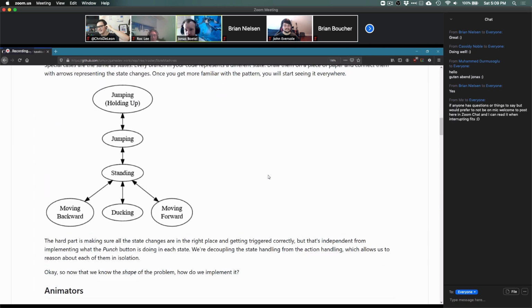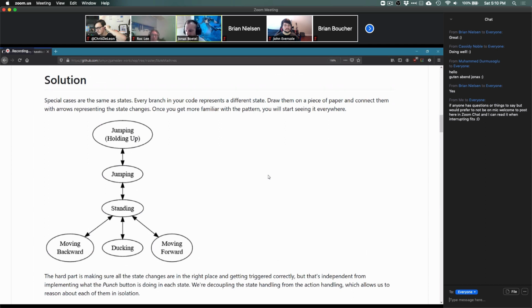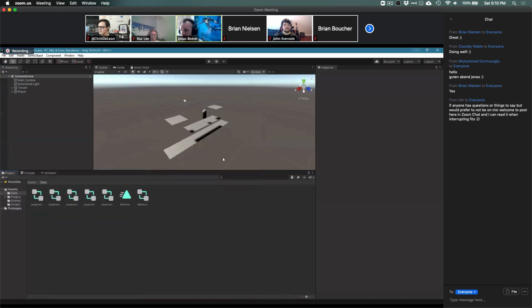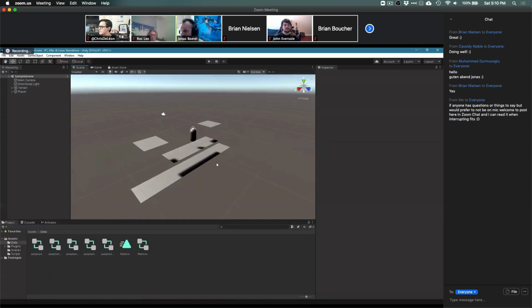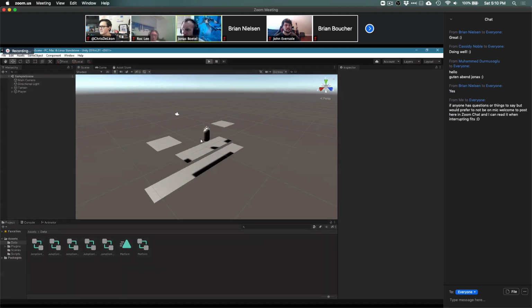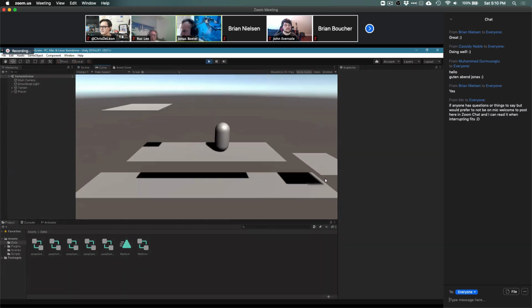And so what we're gonna do instead is we're gonna put the bulk of the work into a state machine, which kind of looks like this. And so instead of if statements, we're gonna have states, and then depending on which state we're in, something different is gonna happen. And the example I'm going to use is we're going to write a game controller, like a player controller. This is my little project here. Okay, so the idea is we have a simple platformer game, right? We can move around, we can jump,